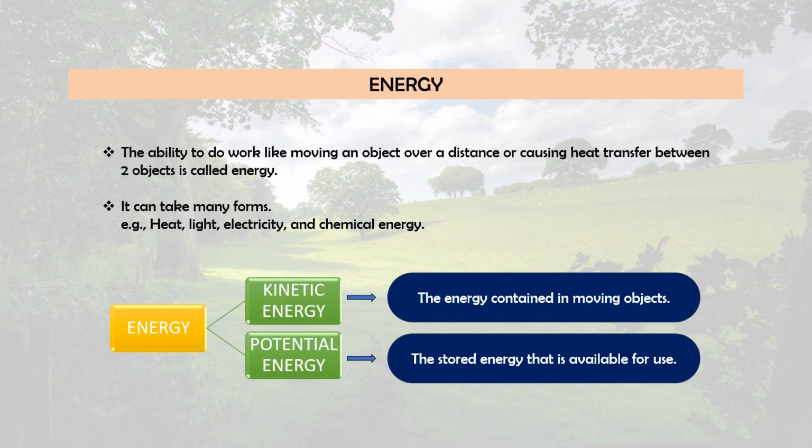So, first, what is energy? Energy is the ability to do work like moving an object over a distance or causing heat transfer between two objects of different temperature is called energy, and it can take many forms like heat energy, light energy, electricity, and chemical energy. And the energy that we are so well acquainted with are of two types mainly: kinetic energy and